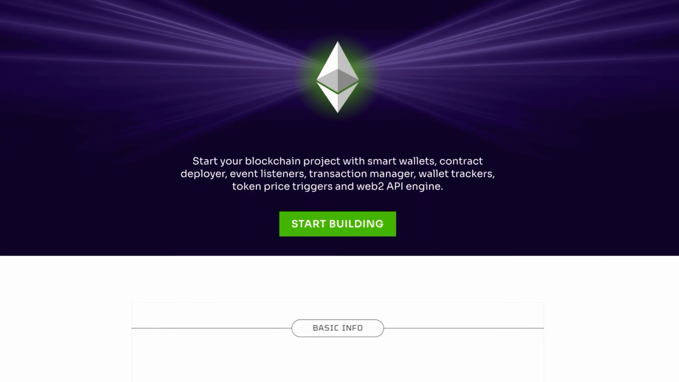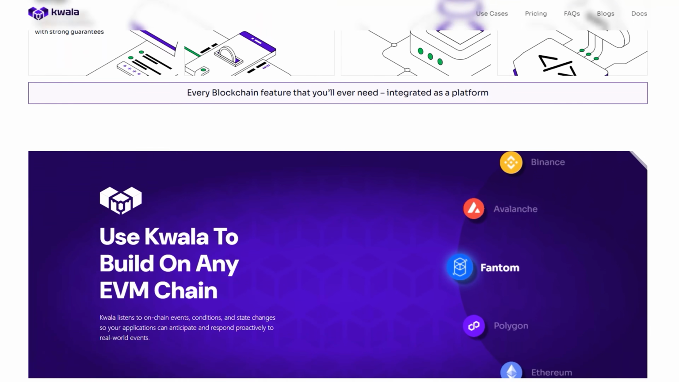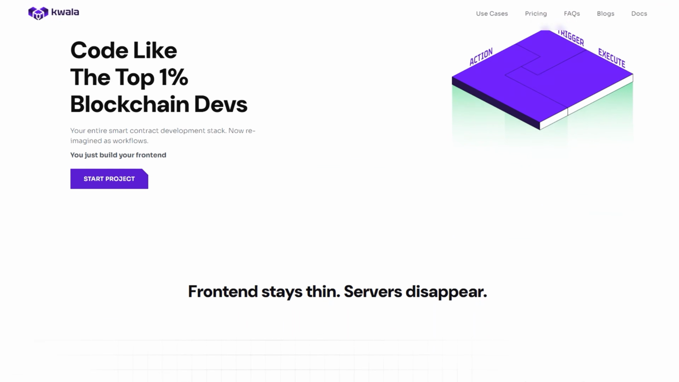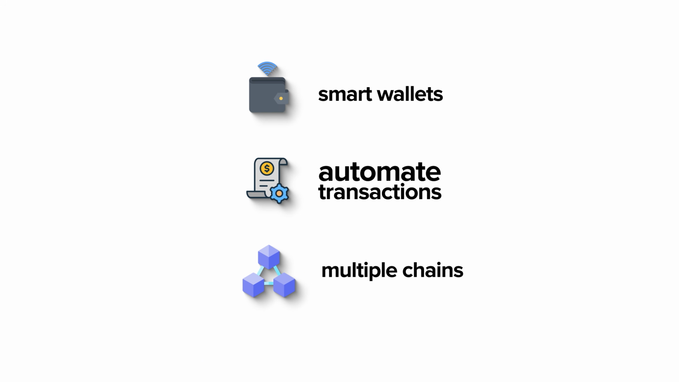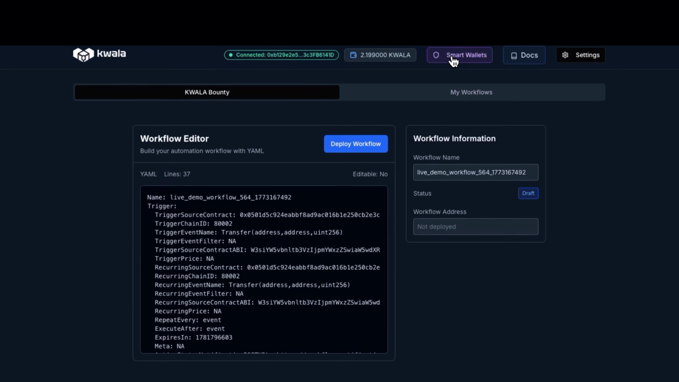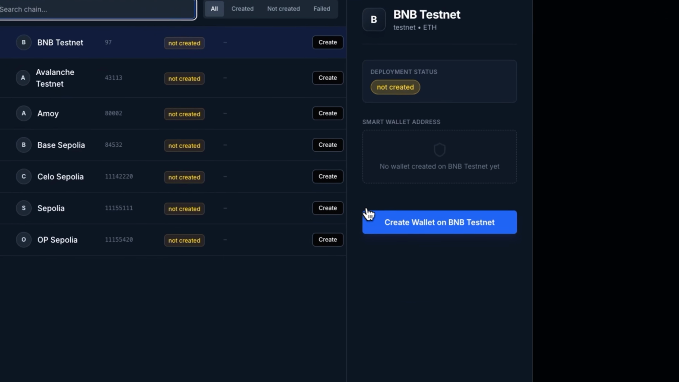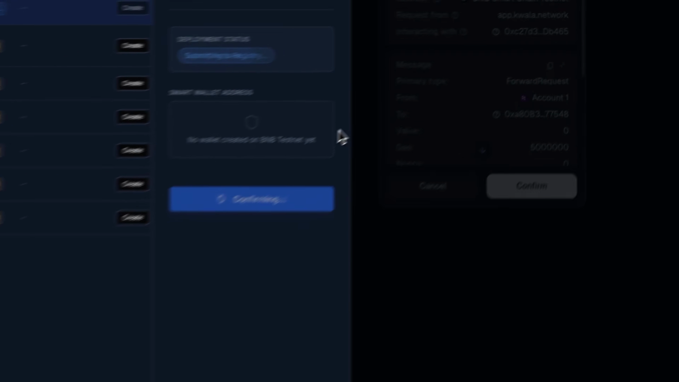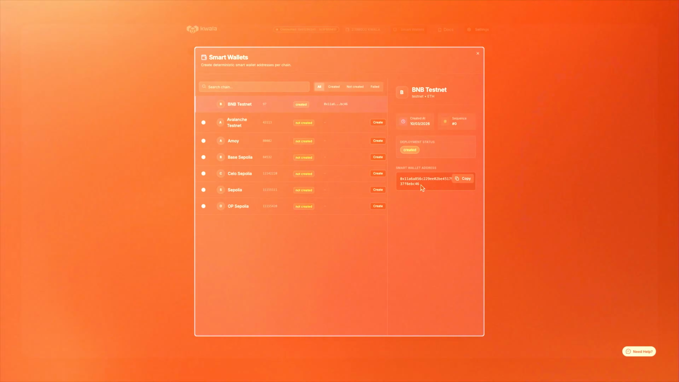Today we're diving into Kwala, the fastest EVM development platform out there. With it, you can visually build workflows for smart wallets, automate transactions, and manage multiple chains without ever touching a Node.js server. We'll start by creating a programmable smart wallet that you can control completely. Then we'll automate transactions and connect multiple networks like Ethereum, BNB, and Polygon, while keeping your private keys totally safe